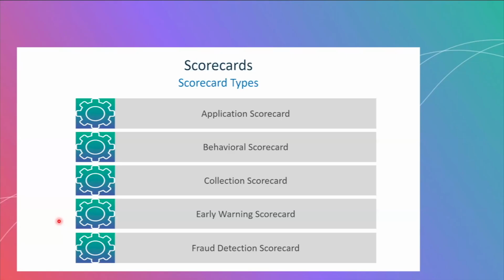correct? And then there are some collection scorecards. Basically, these will help us estimate the willingness to pay and the ability to pay post an account getting into a delinquency, correct? So once I have already decided a loan to be bad, let's say, or it has already gone bad,